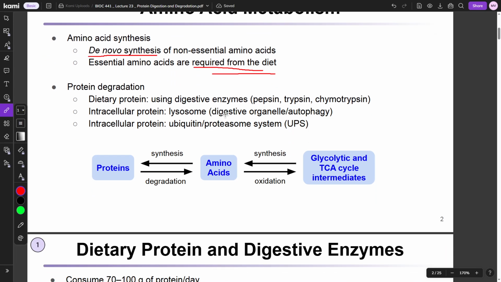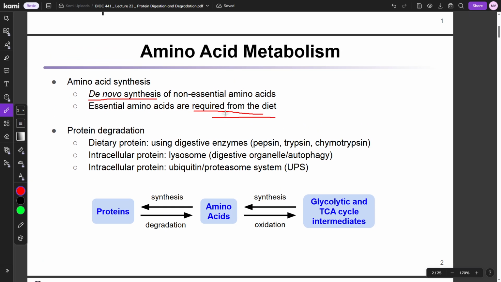And in order to get those amino acids, you have to digest proteins that you eat. There's a couple of different enzymes we have to use, and we have to digest these things through our stomach and all that jazz. So, they use a bunch of digestive enzymes to extract these amino acids that are essential to us. Pepsin, trypsin, chymotrypsin, these are all examples of proteins that we use as enzymes to extract these amino acids.